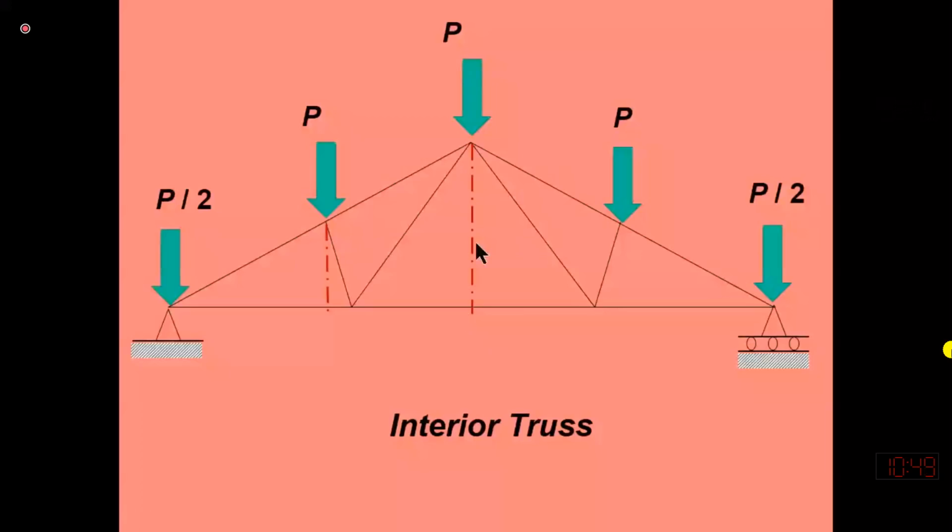In that case, the zero force member, which is the interior member, diagonal member or interior truss member, we need to design for slenderness ratio only. Slenderness ratio means that we can keep the LE over R value less than 300. If in future there is a chance of compression force, we can select a section based upon an LE over R value less than 200.